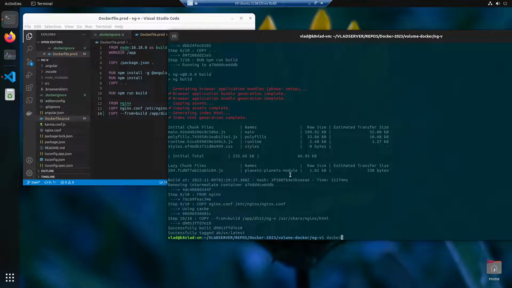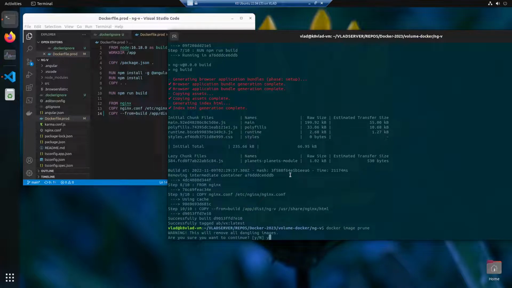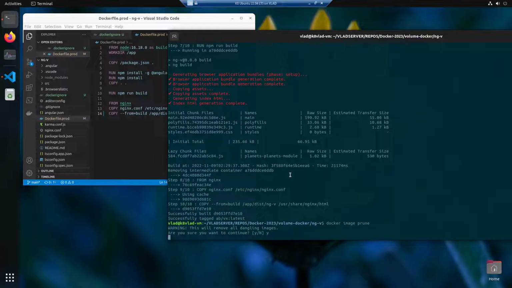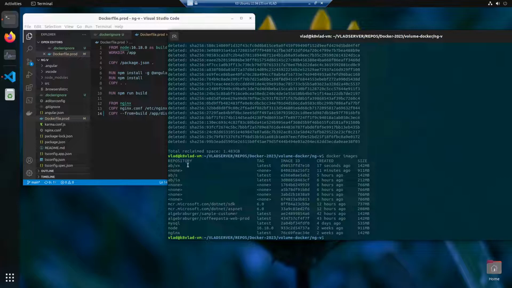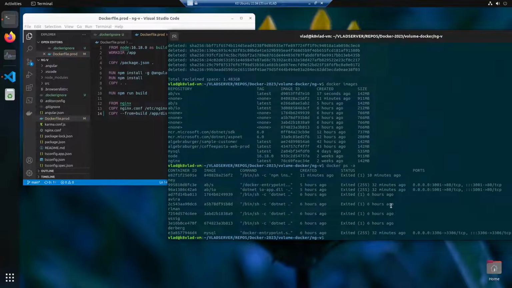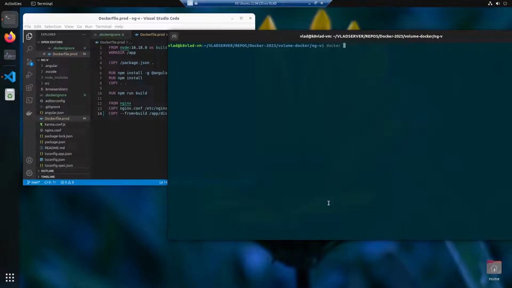So if we just run docker image prune here, so that our Docker images table will get cleaned, and then docker images. We still have other things that are running. We can remove those exited containers with docker rm, docker ps